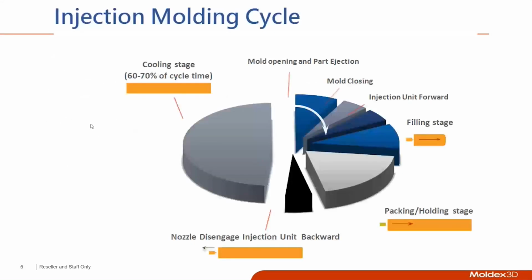Now, there's a lot of different parts to the injection molding cycle, but the ones that we focus mostly on are the filling, packing, holding, and cooling. You can see that cooling takes up a vast majority of the cycle time pie here. You can see the filling stage takes up a small part, and also the packing stage takes up a significant